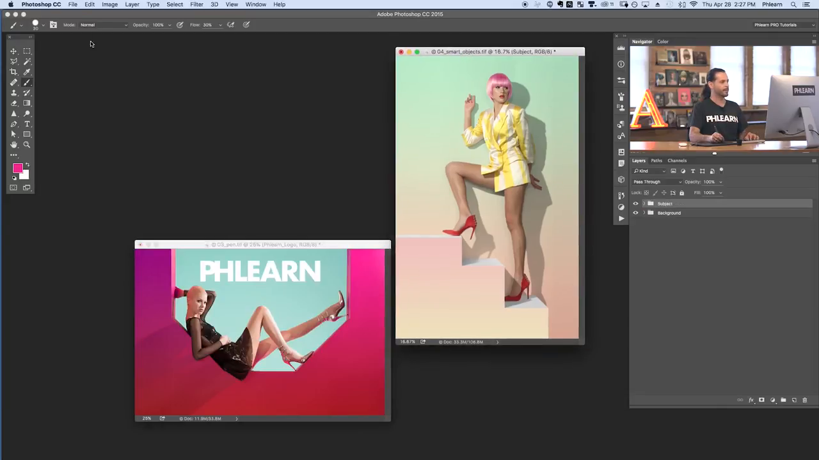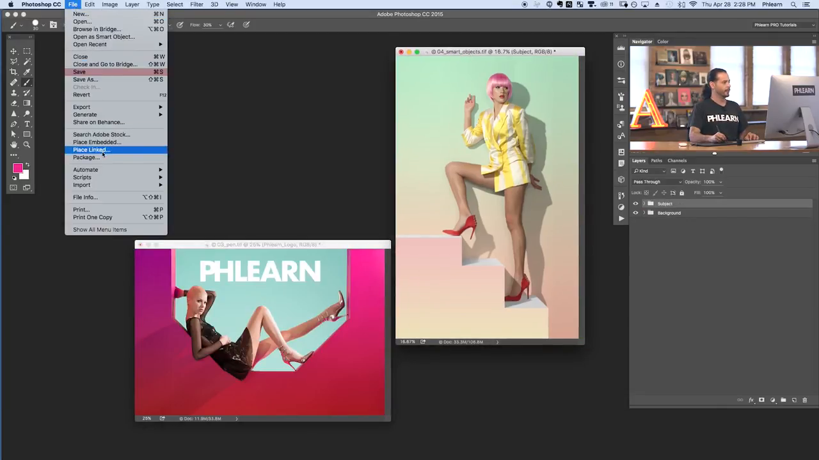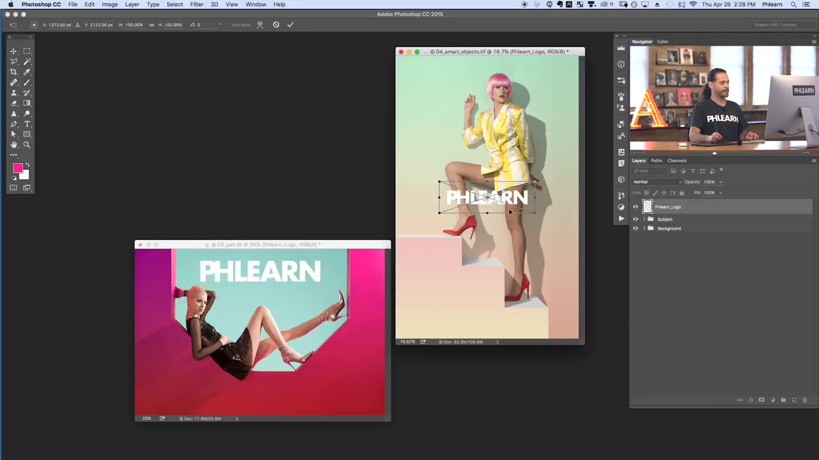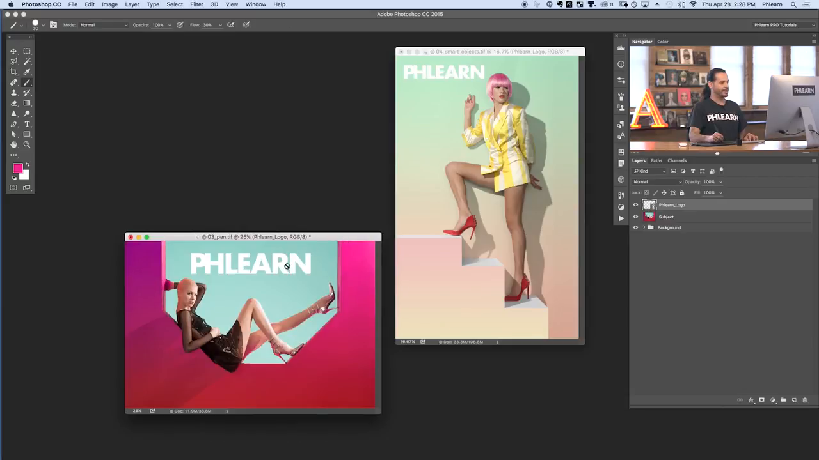Okay, now we're going to do the same thing with this one. We're going to go to File, Place Linked, flurnlogo.tiff, and hit Place. There we go. And we're going to go ahead and apply it right over there, and hit Enter. Okay, so now if I decide I want to edit our Phlearn logo, but in this case,